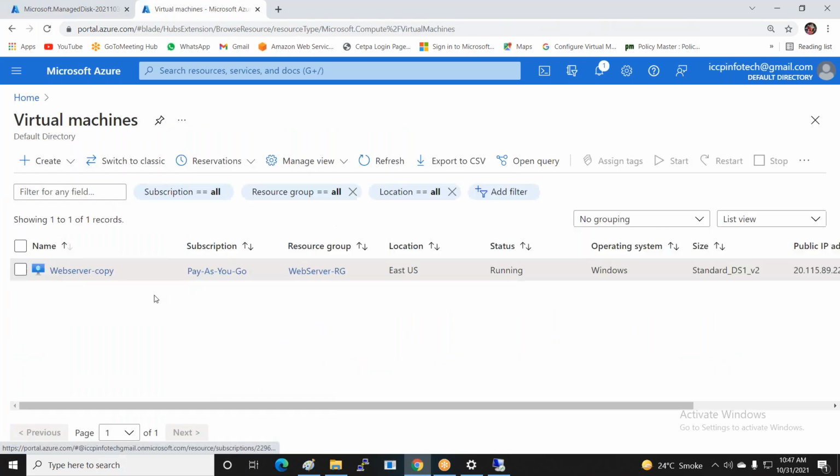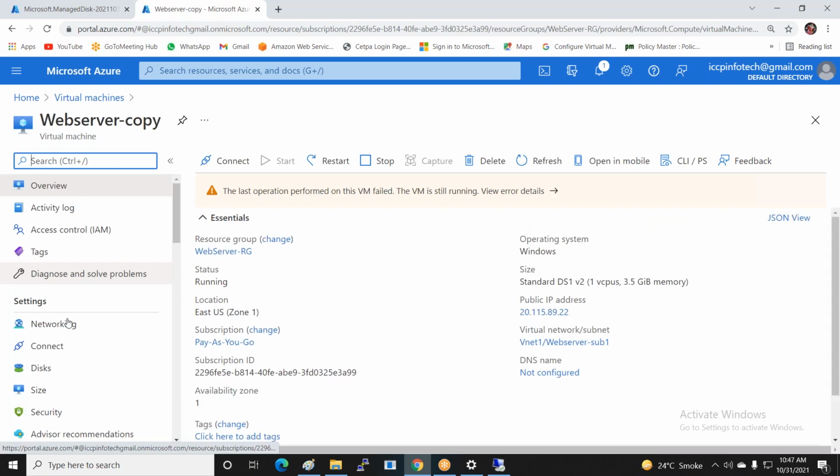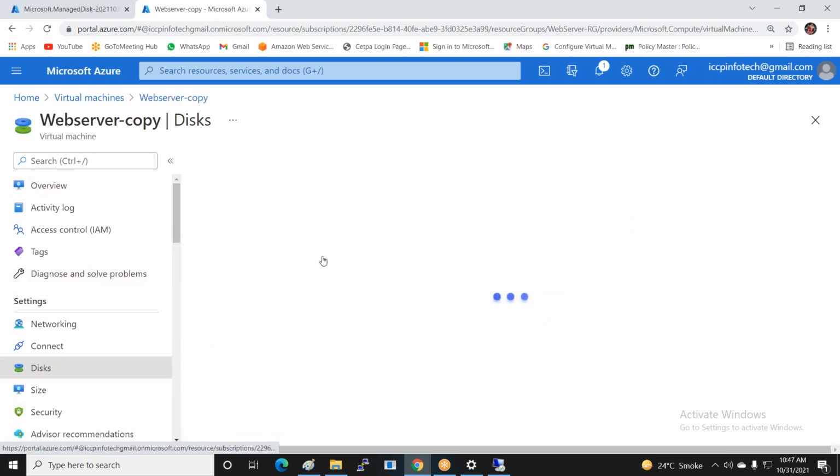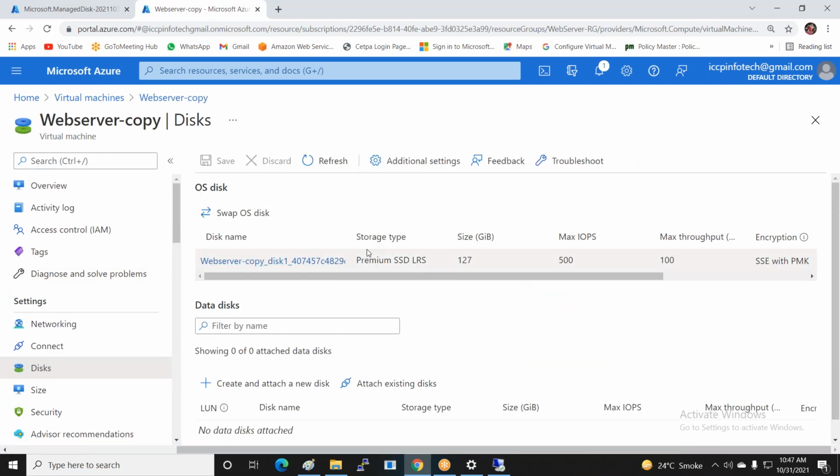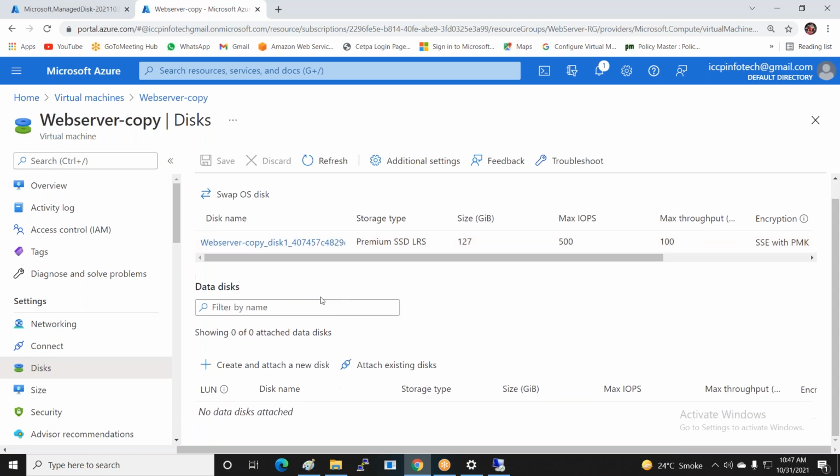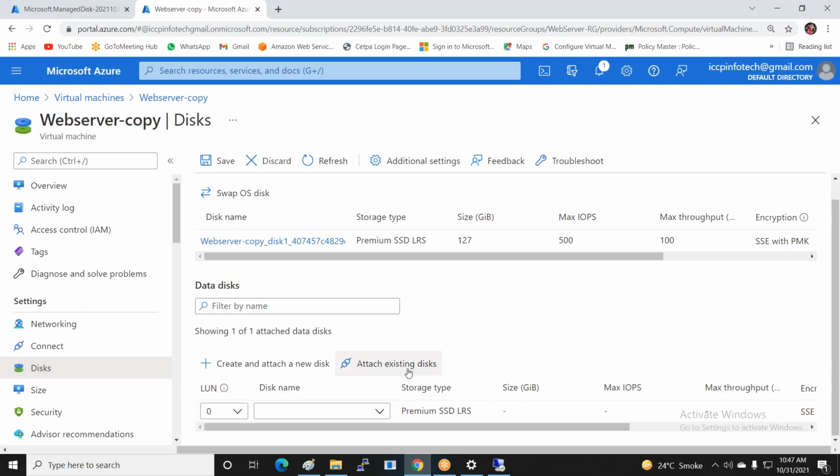You can click and go to the virtual machines. There are n number of virtual machines available. You can go to any machine and then click on disk, and this is the operating system disk, built in with this machine. Now I go to create a new one or attach existing. So now I click on attach existing.